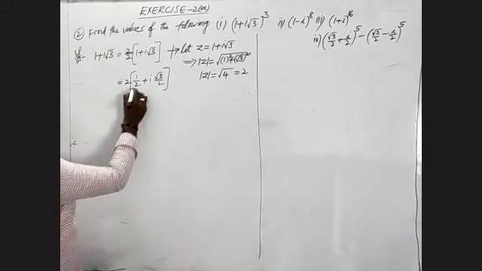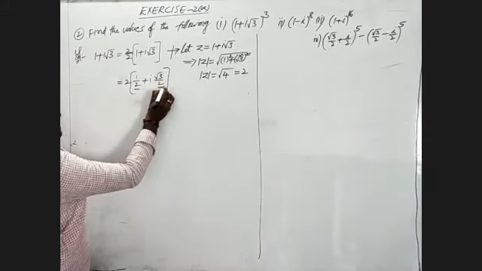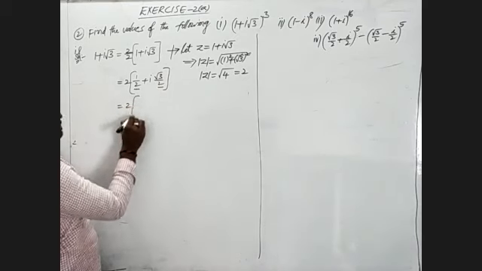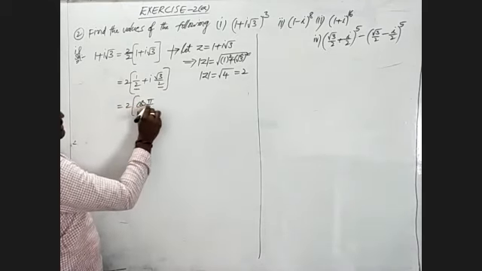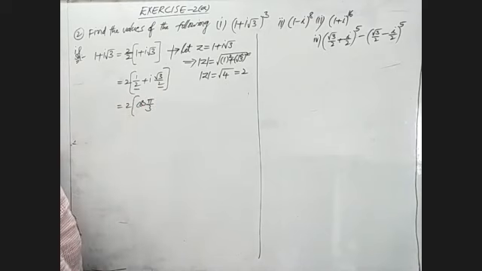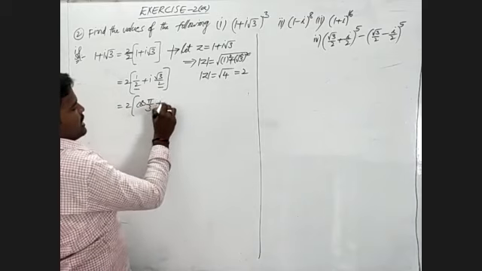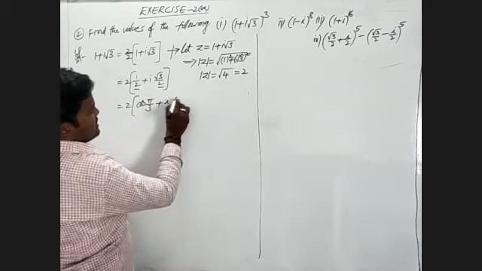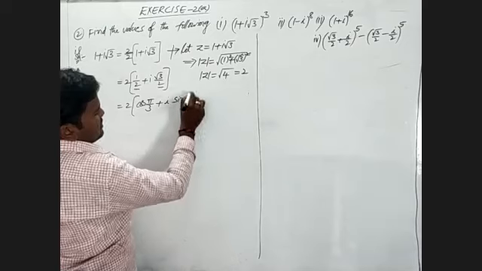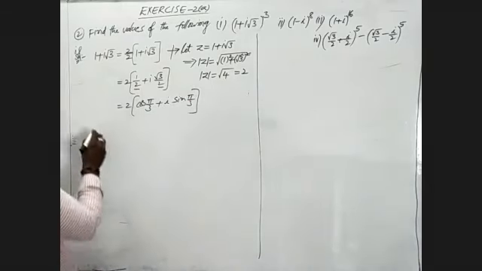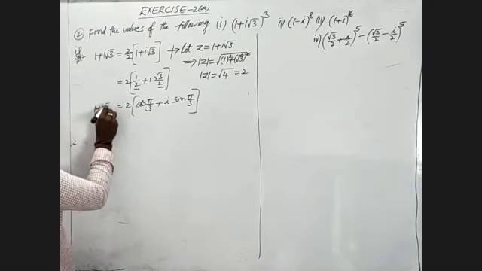We have to check when cos gives 1 by 2 and when sin gives root 3 by 2. Cos gives 1 by 2 at cos 60 degrees. So I take 2 into cos pi by 3, where pi is 180 and 180 by 3 is 60. Cos 60 is equal to 1 by 2. Again, I into sin 60, and sin 60 is root 3 by 2. This is the value of 1 plus i root 3.